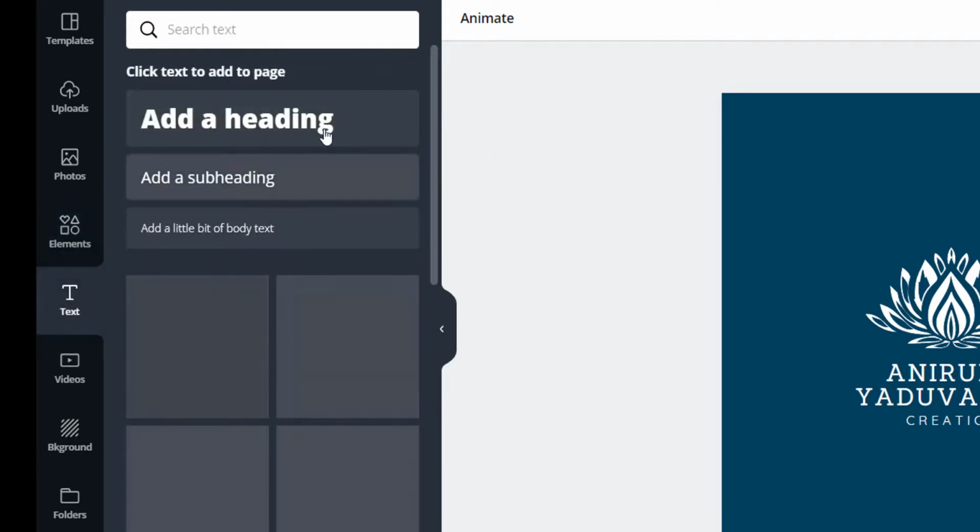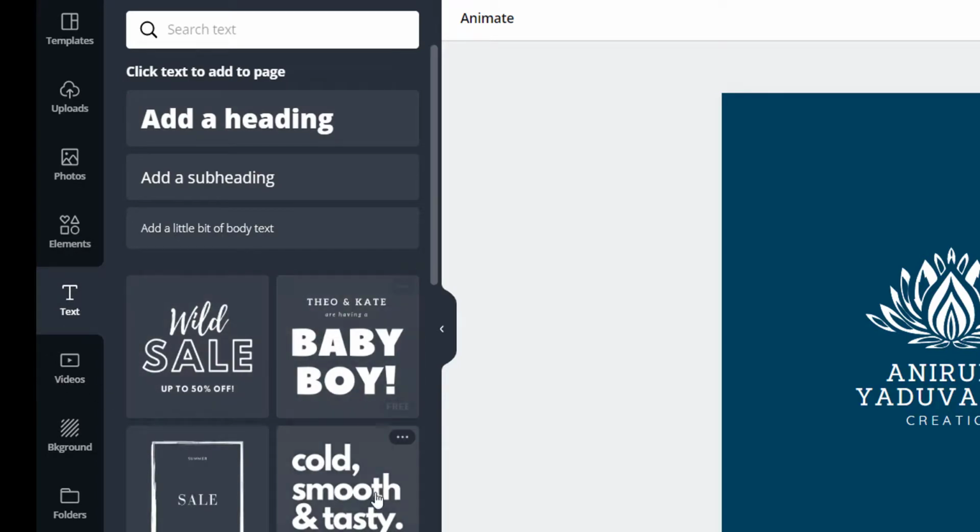And next one is text. You can choose any font size from here, whichever you like.